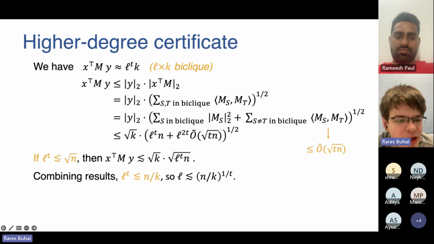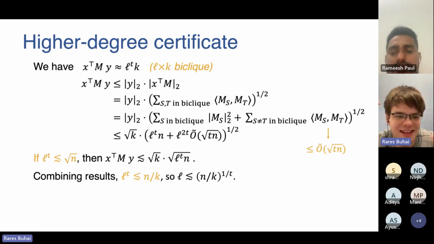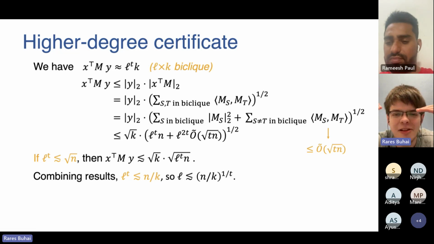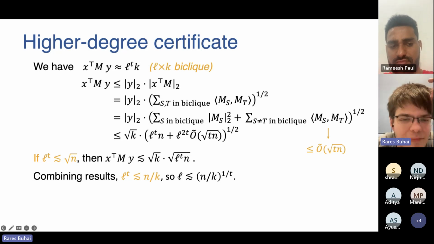Just to explain a bit why it was okay to assume here a bound on L to the t: we assumed that this biclique is less than root n, but then we showed that even if you have one of this size, you can show that there's one even smaller. So basically, if you take k to be like root n to the 1 plus 1 over t or something like that, then this quantity,